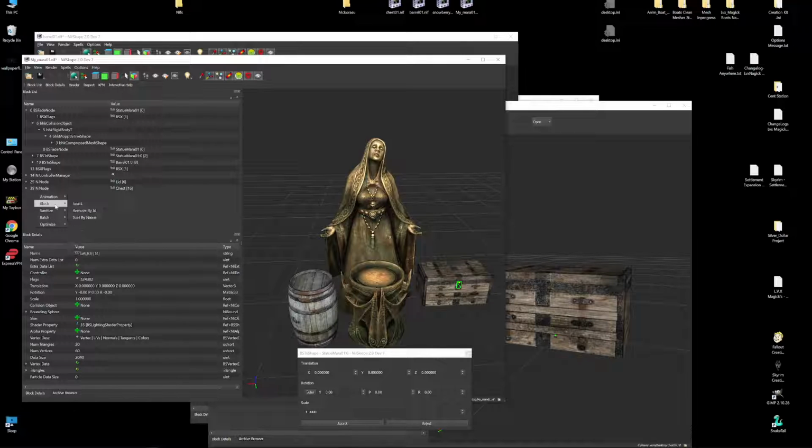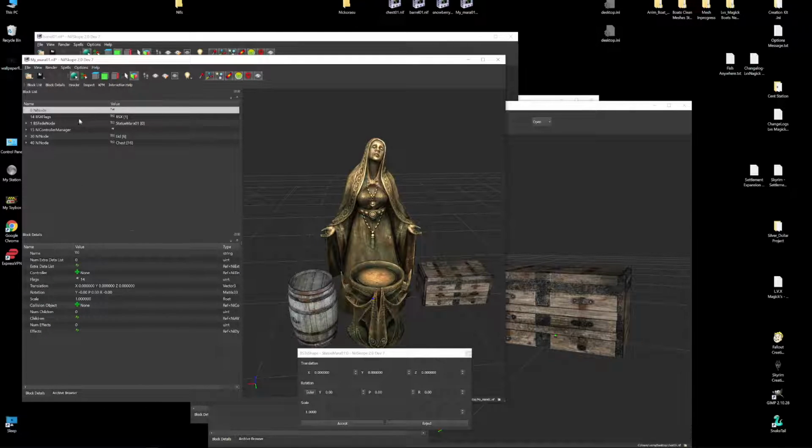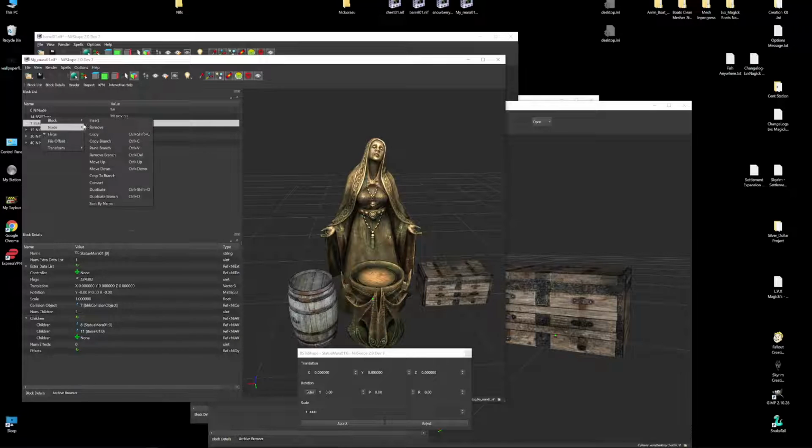Now, if I wanted to, this is an advanced part. I hope I'm not moving too fast, but if you wanted to go block, insert, 9 node, you gotta copy branch and then move it to the fade node, paste branch.